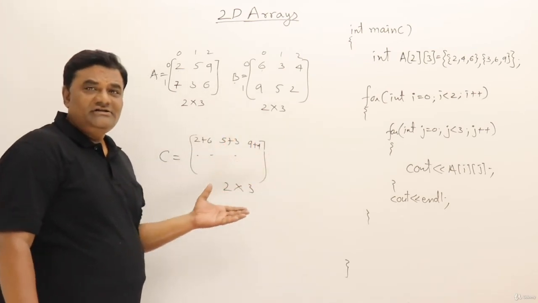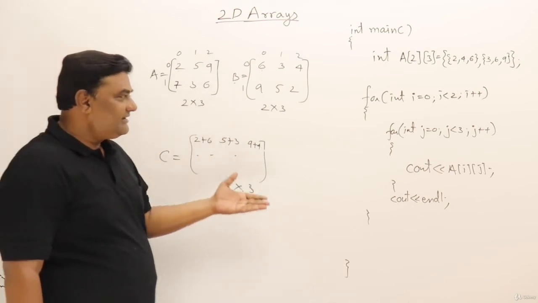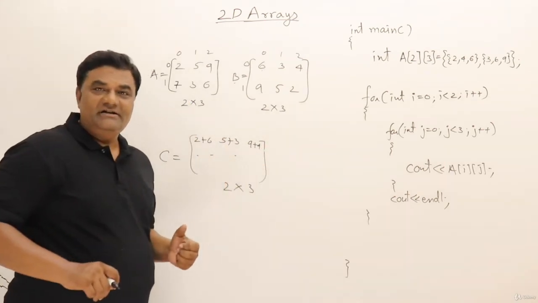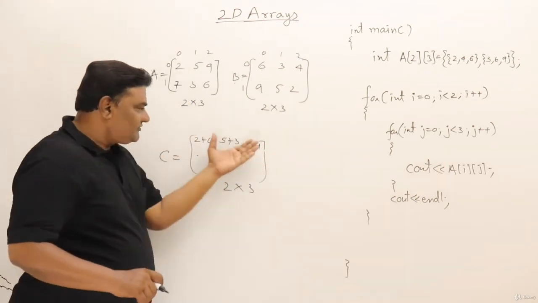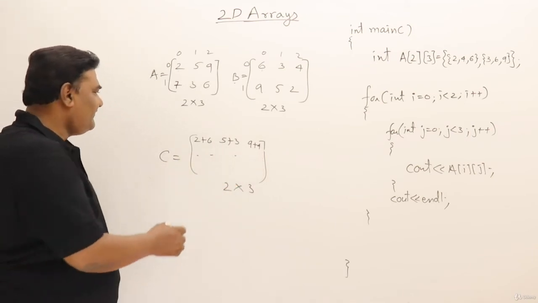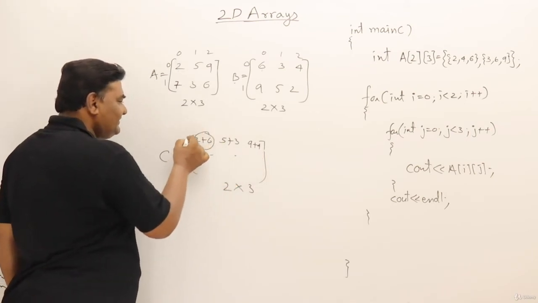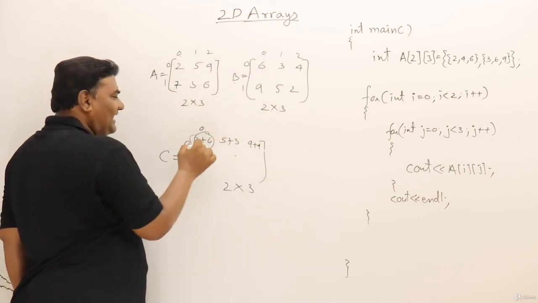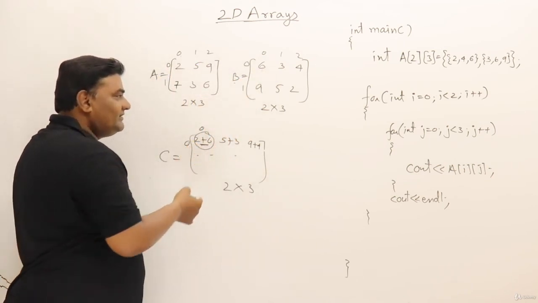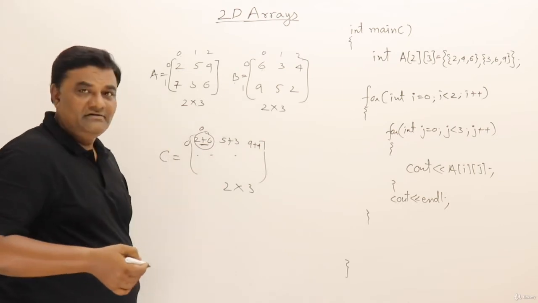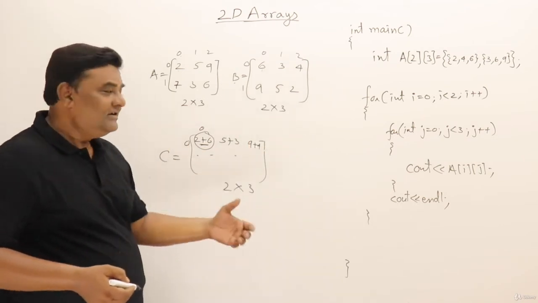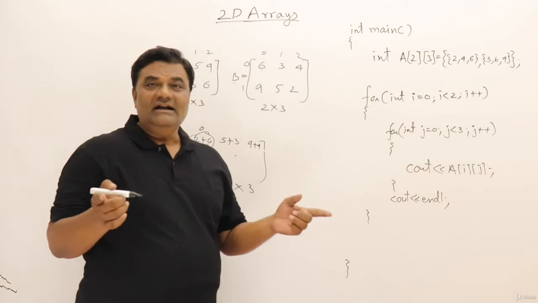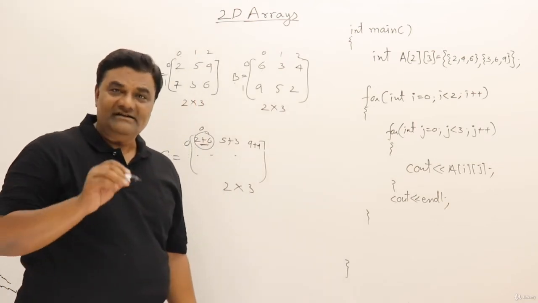We can write a simple logic here for adding two matrices. How this addition can be done is, we just have to browse through all the elements of the C matrix. While being here, that is 0,0, get the elements of A of 0,0 and B of 0,0 and add them and store the result. So we have to prepare a C matrix. The program will be very simple. I will write the code here for adding two matrices and displaying the result.